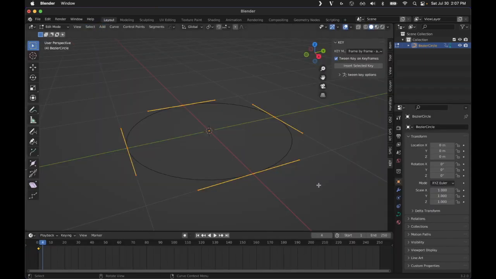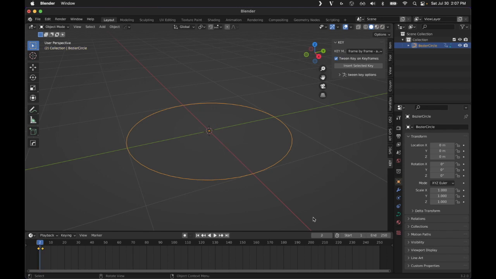So I go to another frame. I'm going to add a Bezier curve, and I'm going to insert another key. Let's come out to object mode, and you can see that it's going to switch. So it's using the same object, but it is using different data blocks,